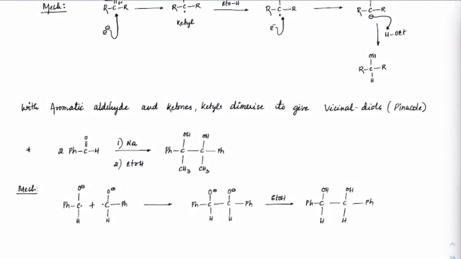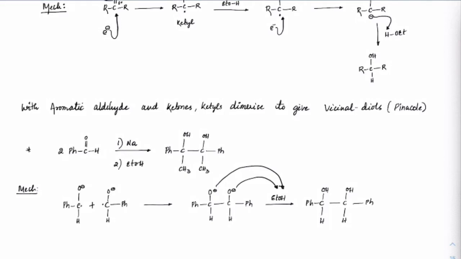Okay. So once they terminate, now definitely there is a requirement of H plus, which can be satisfied by either EtOH addition or water. So that is why this reaction can be done in sodium and water also, because you are adding water at the end. After the dimerization has been done, then at the end we are adding water.